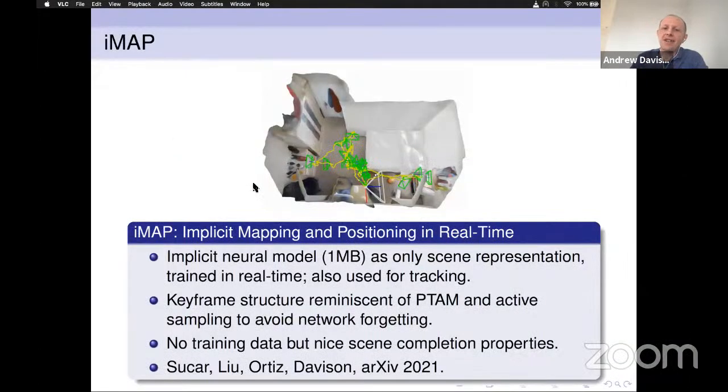Good, so that's interesting to me in particular because this neural network is so small. It's only about a megabyte of weight. So it seems like a very interesting representation of the scene, which is automatically discovering the most important parameters to represent the shape of this scene. When we're not telling it how to use its weights to represent the scene, it uses them in seemingly an automatic and smart way.